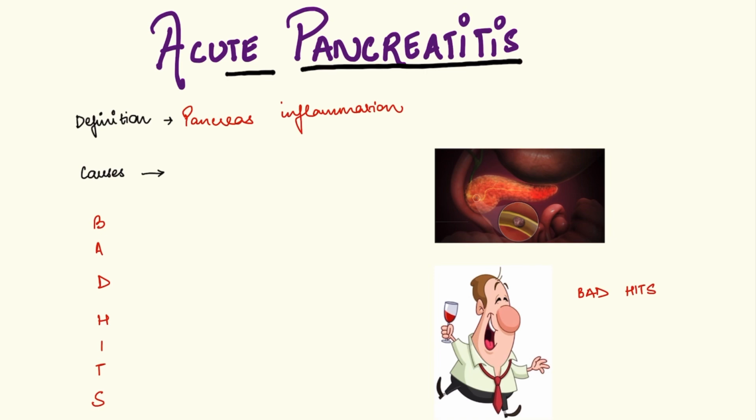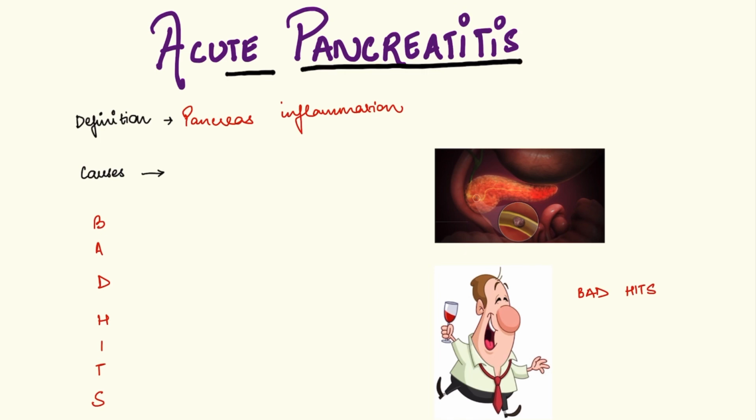The causes of acute pancreatitis will include: just remember the two images which I have kept on this slide. Whenever someone asks you the causes of acute pancreatitis, remember this image and this image. The first one is a biliary image, there will be a stone. Gallbladder stone is the most common cause of acute pancreatitis, and the second one is alcohol. You can see the man is so happy drinking alcohol, but the next day he is going to have severe abdominal pain and come to your emergency.